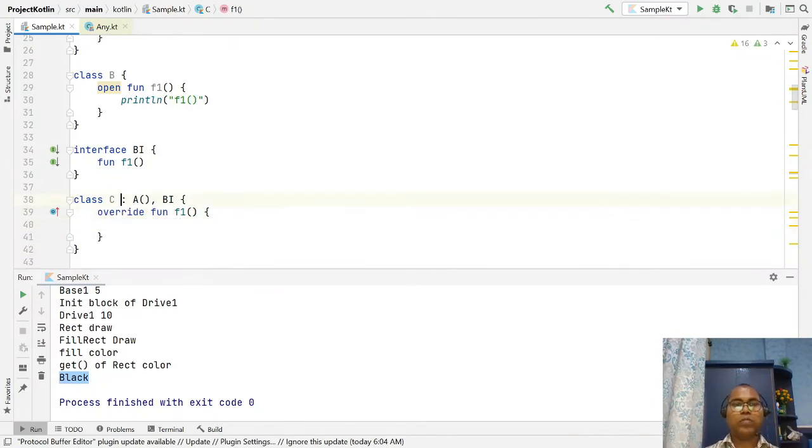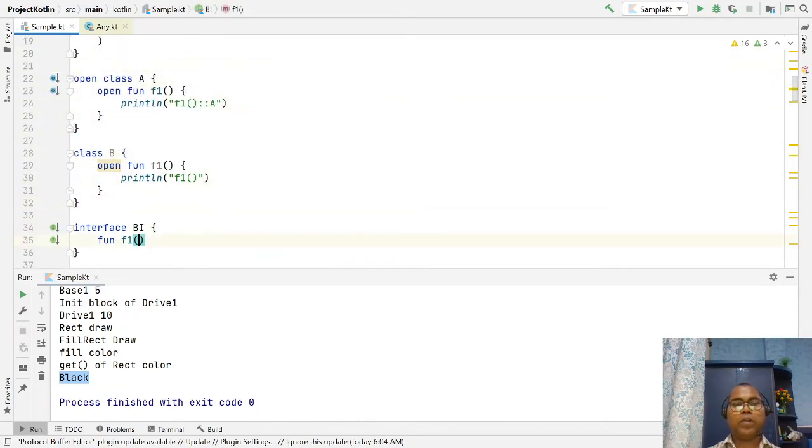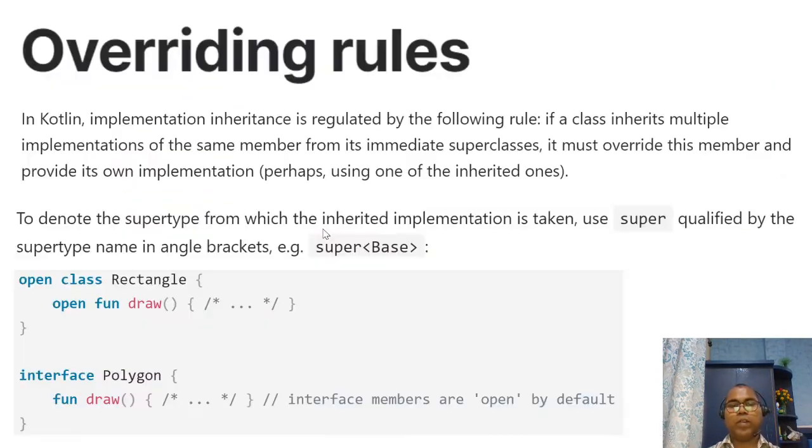So the question is, now A also has a function f1, and BI also has f1, so how do you override?